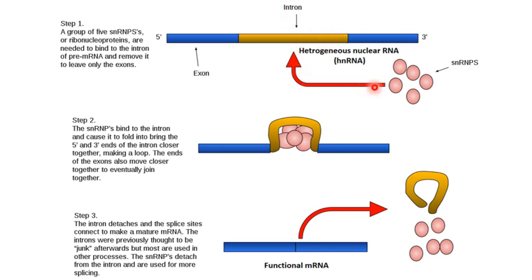There is another type of RNAs which you call small nuclear RNAs, SN stands for small nuclear. They get associated with ribonucleoproteins, so snRNPs, pronounced as snurps. They recognize these introns. This complex binds to the two ends of the introns and removes them in the form of a loop, and the exons that are left behind are joined together to form a functional mRNA. Now this is going to leave the nucleus and go to the ribosomes for protein translation.